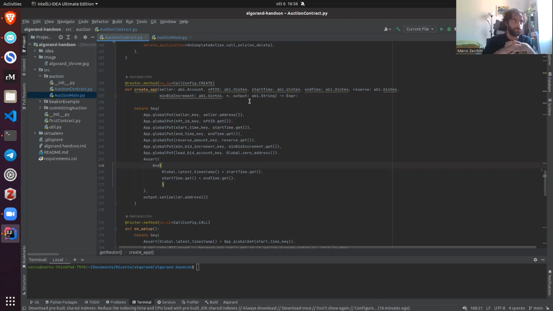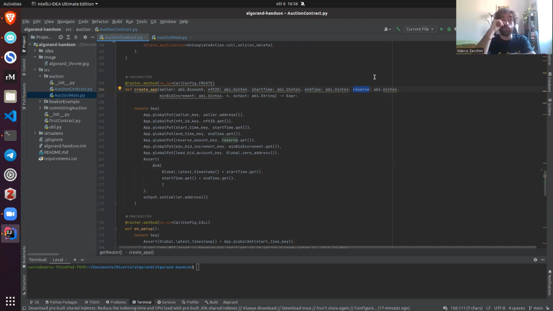In my case, I made them two different persons, but they can be absolutely the same person, so the seller could sell the NFT by himself. So the seller creates his NFT, the creator creates the application, specifying for the application which NFT will be sold, when the auction starts, when it ends, and the reserve, which is the minimum amount of